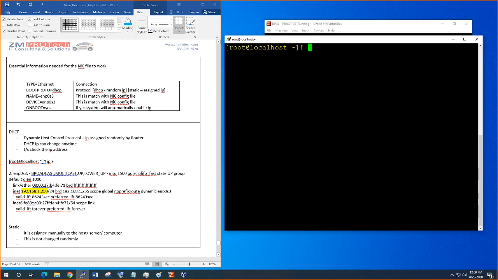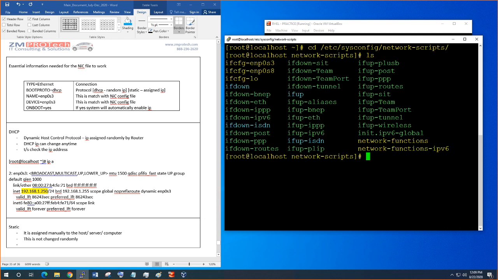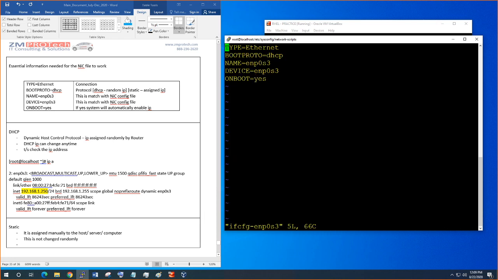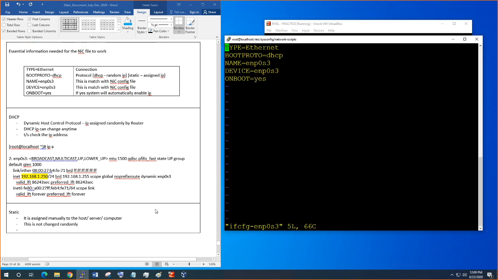So what I'm gonna do is go back into my folder here, /etc/sysconfig/network-scripts. I do ls here, and then I'm gonna mess around with this and make it a static IP. Okay. So for the static IP,